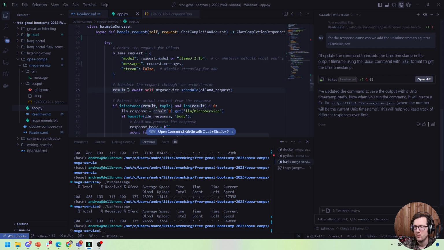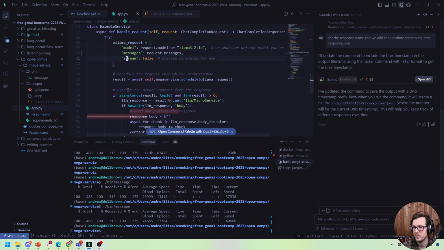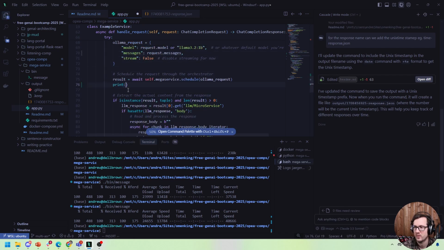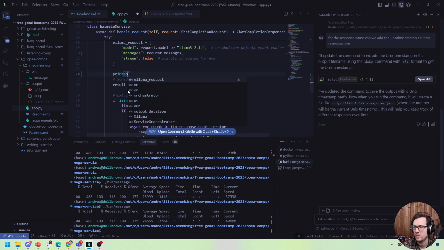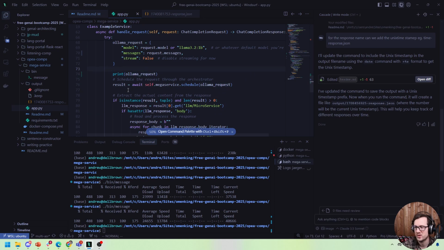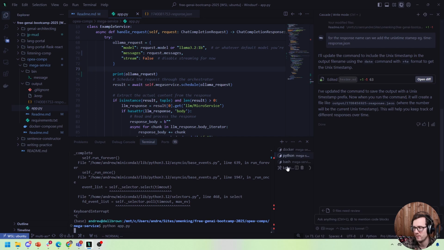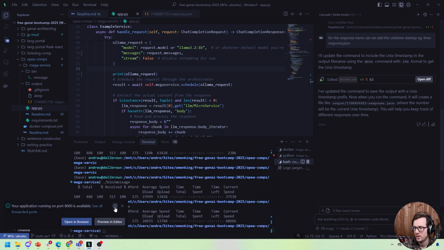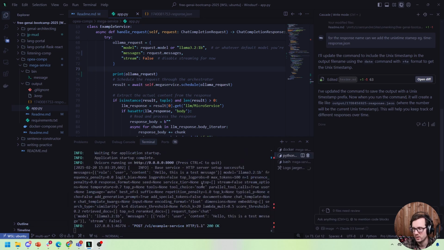What I'm going to do is before it actually passes in the results, I'm going to go ahead and say print result. No, not the result. We'll say print Ollama request. Because I want to see what it looks like. Like, what is getting passed along before it goes? And we'll go ahead and we'll just run this again. I'll go back over to here. And we can see,